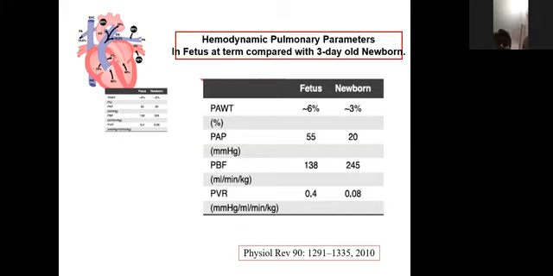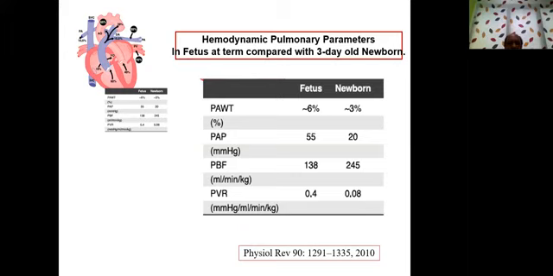systemic vascular resistance. Now, when you look at the baby and measure the pulmonary parameters in the fetus near term compared with the 3-day-old neonate, you could see there is a change in the pulmonary arterial wall thickness, represented as 3% compared to 6% in the fetus. The pulmonary arterial pressure drops to 20 from 55. The pulmonary blood flow, which was around 138, increases two-fold to 245, and the pulmonary vascular resistance also